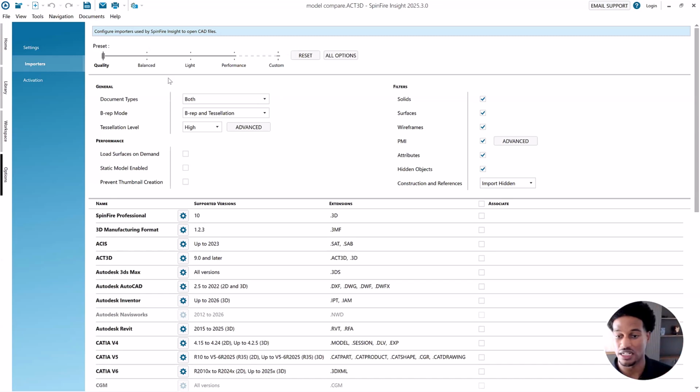And this preset slider is just a way to quickly change your importer settings based on your system or the type of data that you're importing. For example, right now, my preset is set to quality. If you hover over it, it gives you a quick description of what this preset is good for. This loads a full model with maximum detail. It's best for precise measurements, data translation, and small to medium parts or assemblies. Now, if you are working with small models and you know that precise measurement is important to you, then quality might be the best